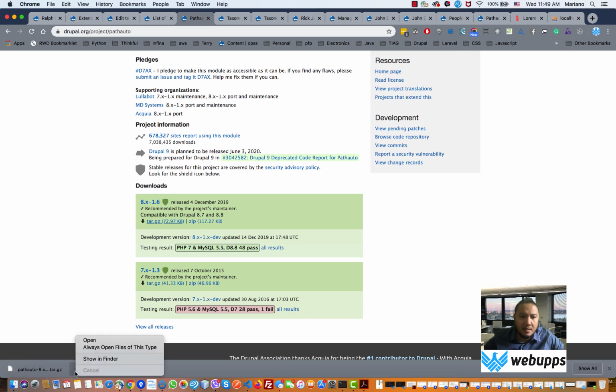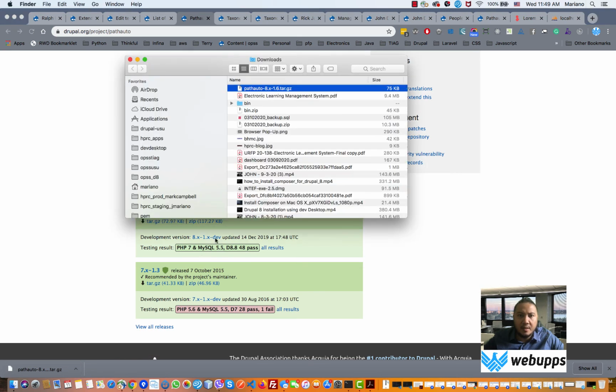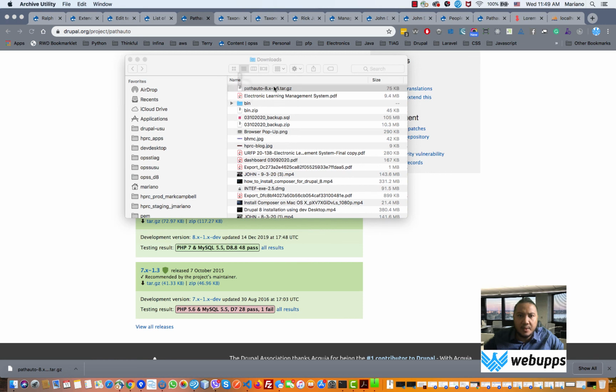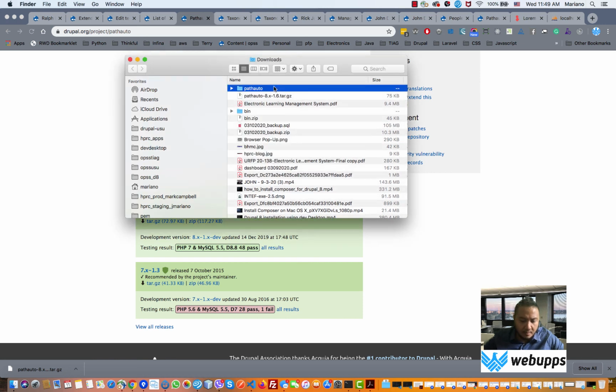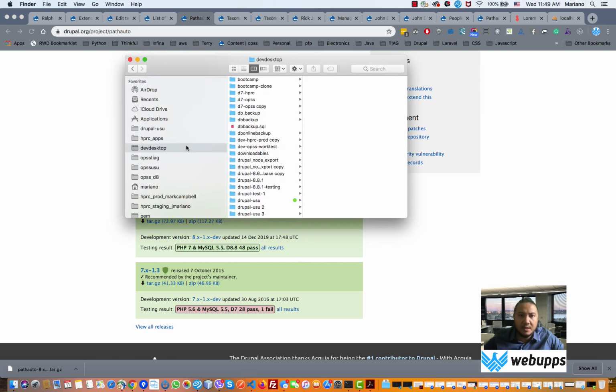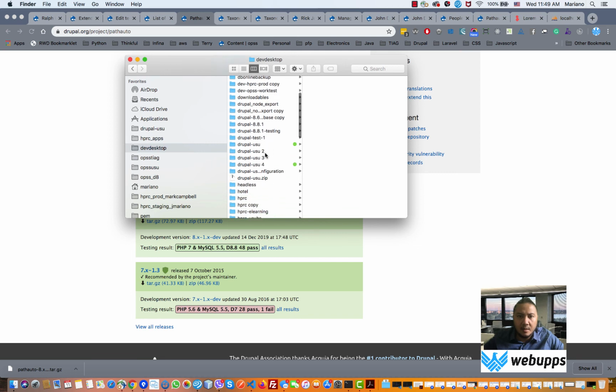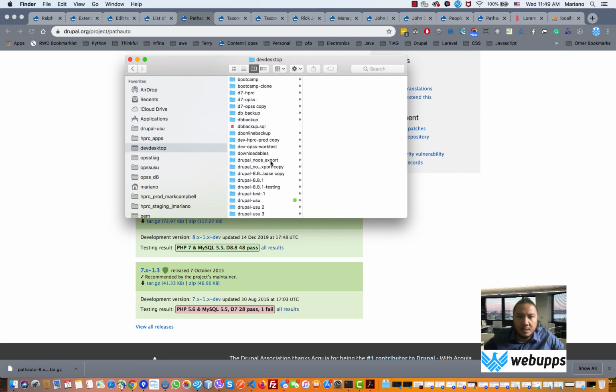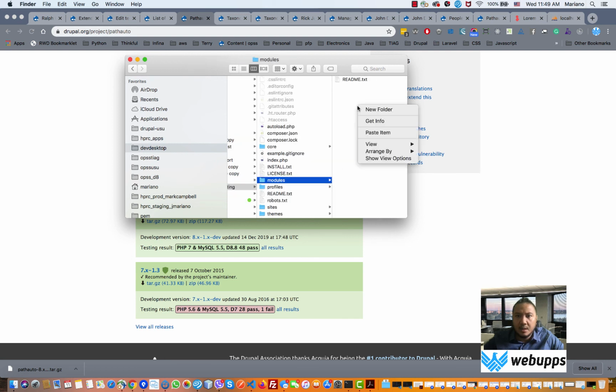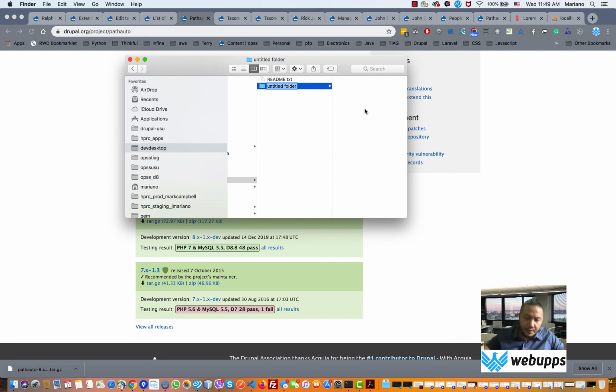You download from here, you unzip it, Control C, go to Desktop, Drupal 8 testing, modules. And since this is a contributed module, you want to put this inside the contrib folder